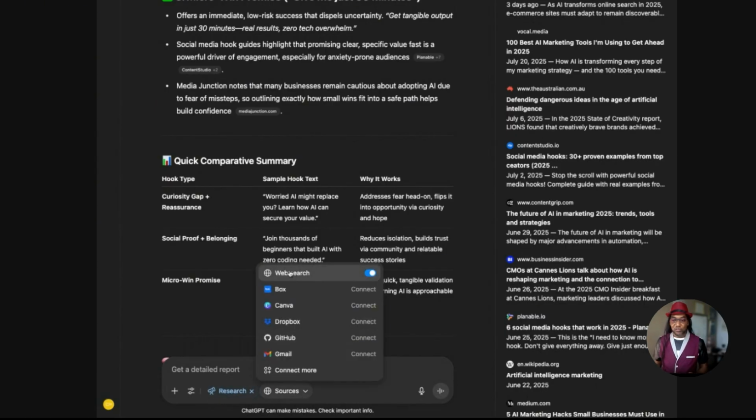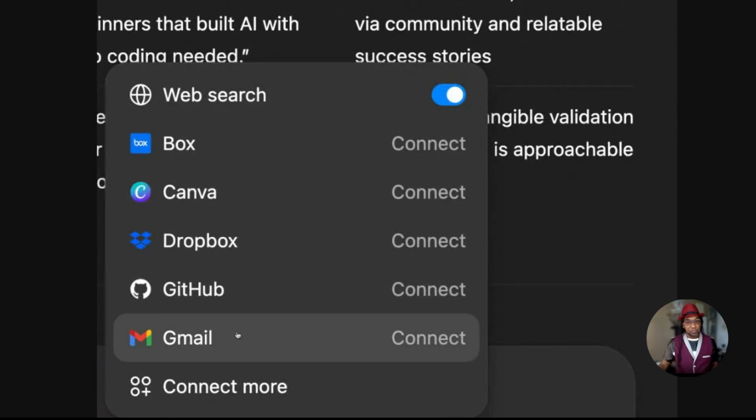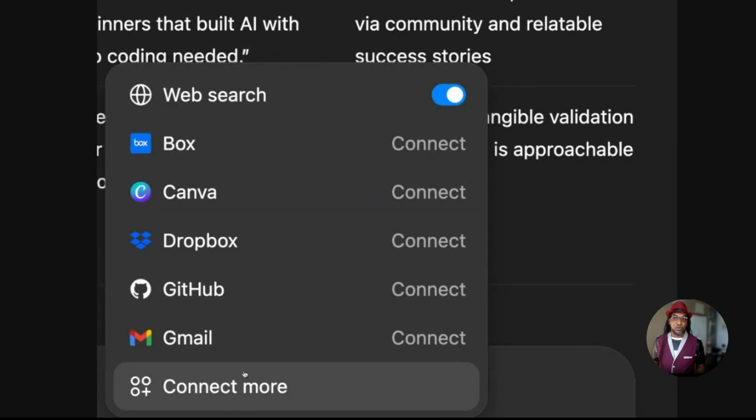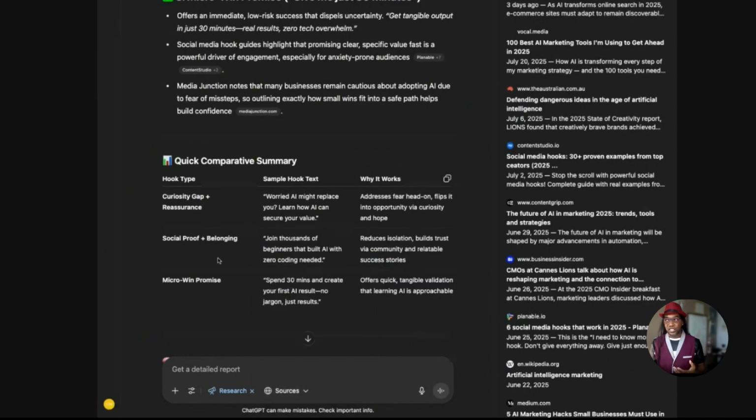This is also powerful by default. It is also doing the web search here, as you see. But you can connect any of these third-party services, including your own website if you're that technical, to give it context and say only search within here and give me the research back. I'm not going to do that now because it's going to take a bit longer. But that's something definitely for you to attempt to try.